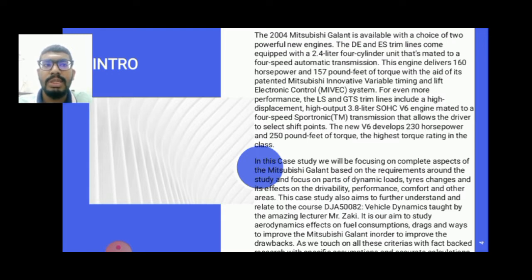For even more performance, the LS and GTS trim lines include a high displacement, high output 3.8 liter single overhead cam V6 engine mated to a 4-speed Sportronic transmission that allows the driver to select shift points. The new V6 develops 230 horsepower and 250 pound-feet of torque, which is the highest torque rating in the class. In this case study, we will be focusing on complete aspects of the Mitsubishi Galant based on the